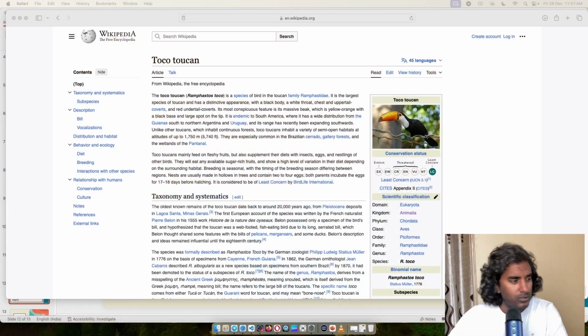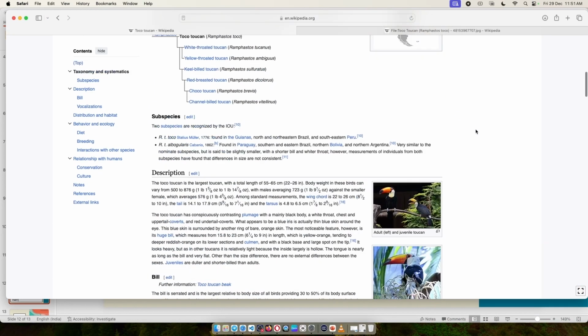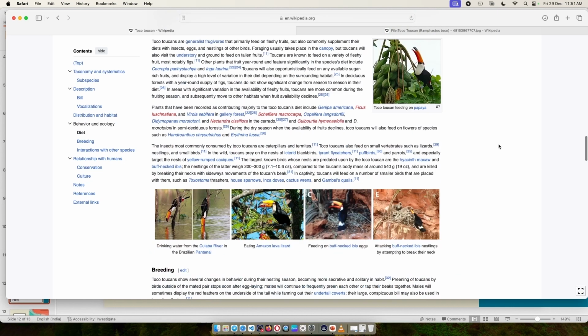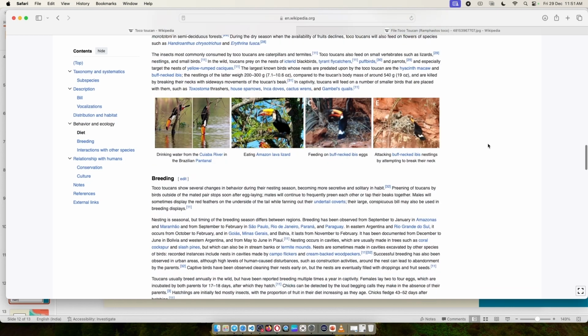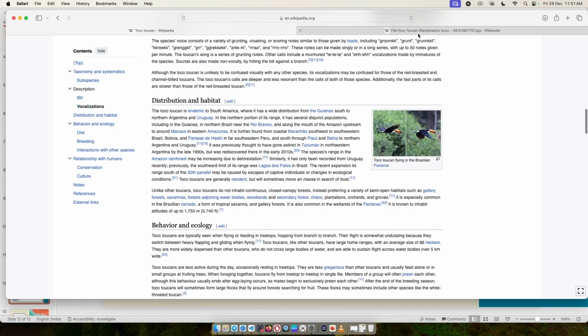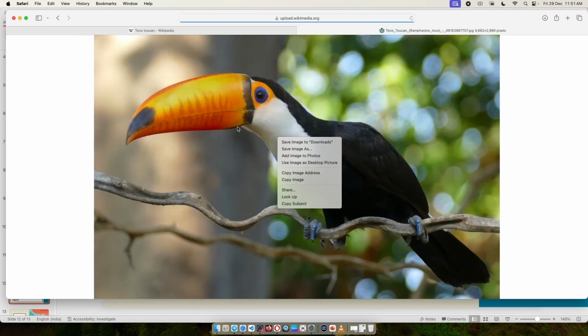toucan. It's a very beautiful bird called the toco toucan. Okay, there it is. I hope I'm saying it correctly. Let me go ahead and use some toco toucan images. They look beautiful. They're nice birds. I remember seeing a photo of this bird. Obviously, they're not in India, so I haven't seen them in person, but they look very attractive. So I'm simply going to grab one of these photos from Wikipedia. Wikipedia is always a good source for nice images. So I'm simply going to save this image here.